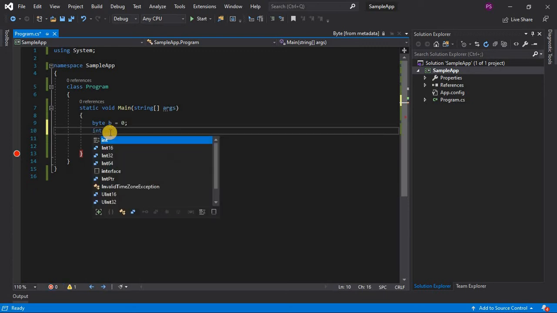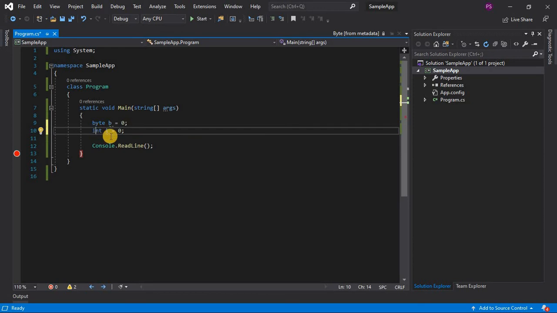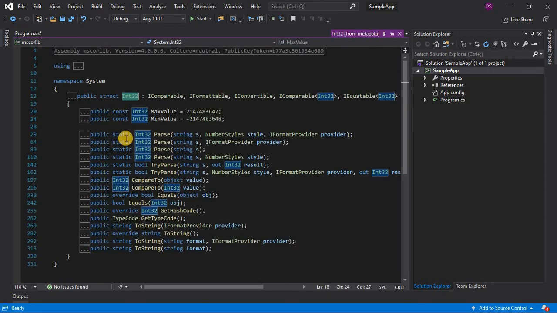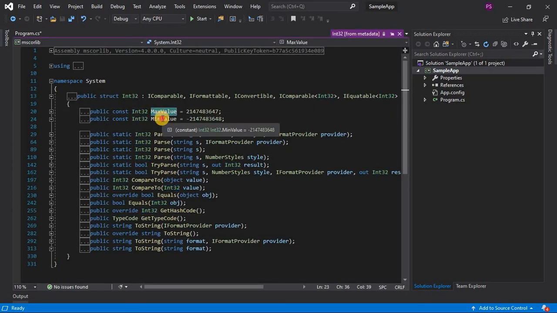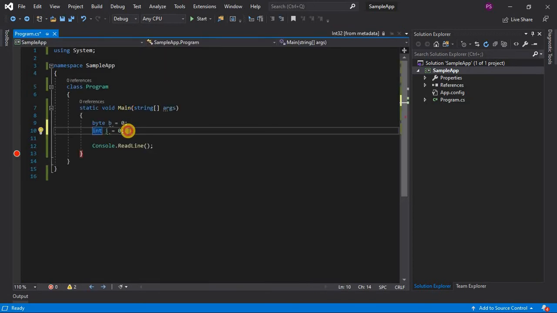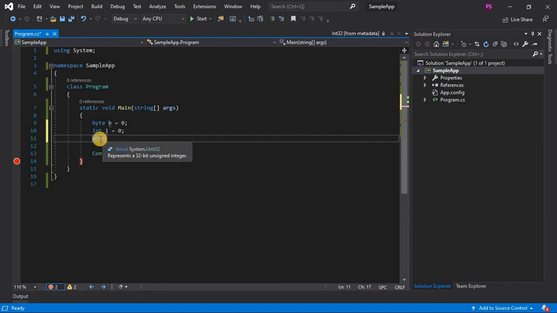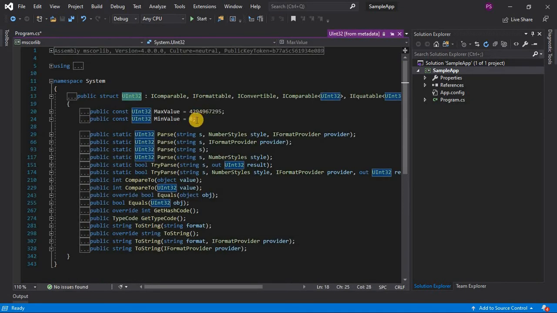Similarly, let's look at integer. If we navigate to its definition, we can see the minimum value, the maximum value, and the .NET type is Int32. Similar is the case with uint. Here the .NET type is UInt32 and it occupies 32-bit memory. If we navigate to it, we can see the minimum value and the maximum value.